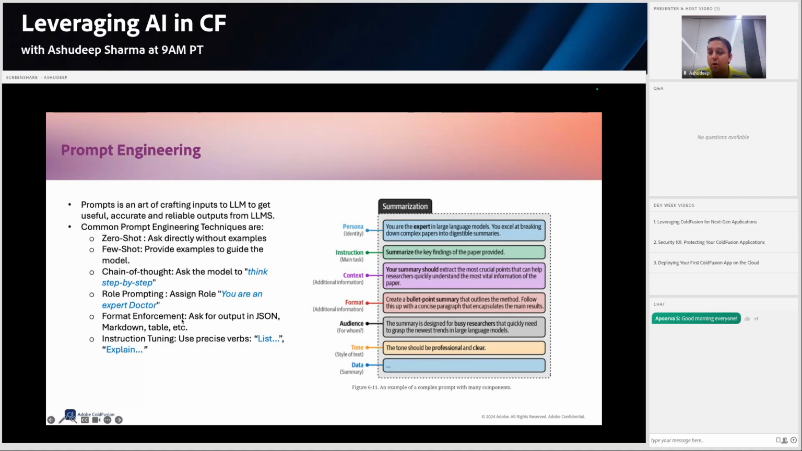And then we have format enforcement as well, so that if we want the response as JSON or a PDF or a slide or an image, we can mention that. And then instruction tuning, where you use precise verbs like list, or you can explain that in detail. Similarly, the prompting techniques for summarization include persona, that is identity, where you specify that you are